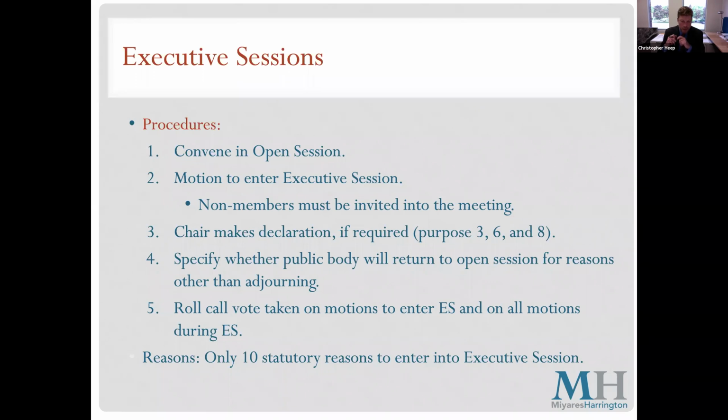I will say that those are listed in 38 section 21, and we also have available for sharing with anybody who is interested a 2-page effectively cheat sheet that lists the procedure for going into executive session, includes a model motion for doing it, and on the back contains all 10 specific reasons for going in. So we can circulate that or make that available to any board or committee who wants to have that available to them at their actual meetings.